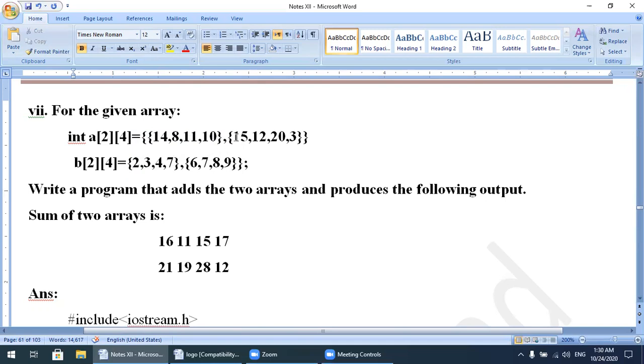Again with 1 0, this is the position of 1 0, will be added to 1 0, so corresponding elements will be added. So the result should be like this: 16, watch here, 14 plus 2 is 16, 8 plus 3 is equal to 11, and 11 plus 4 is 15, and 10 plus 4. So we want to achieve this result in the matrix.